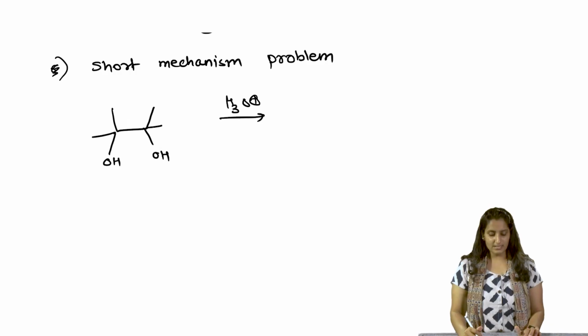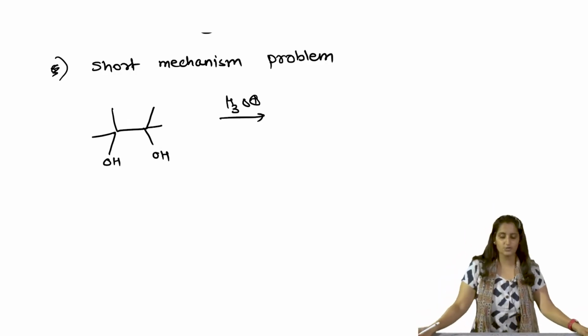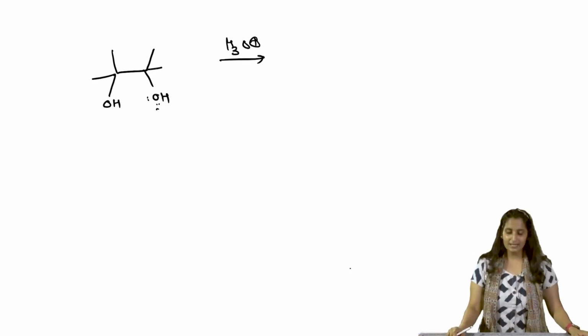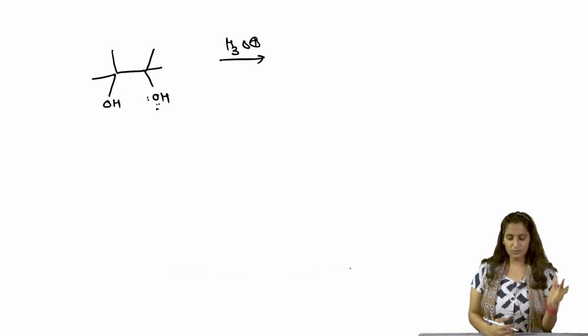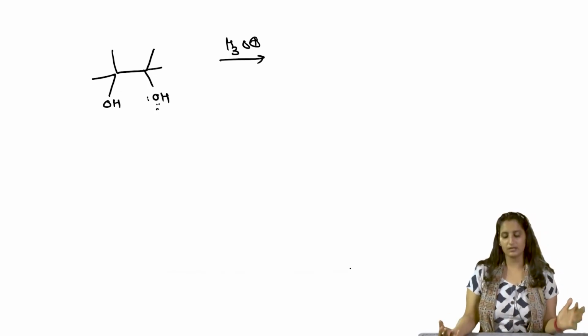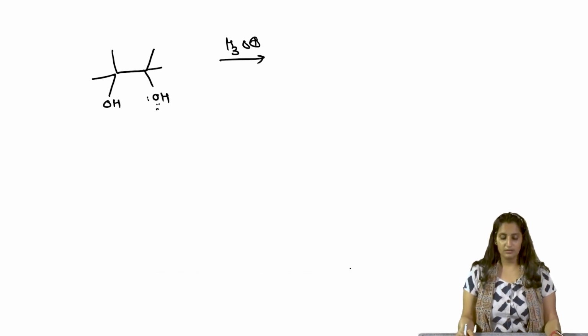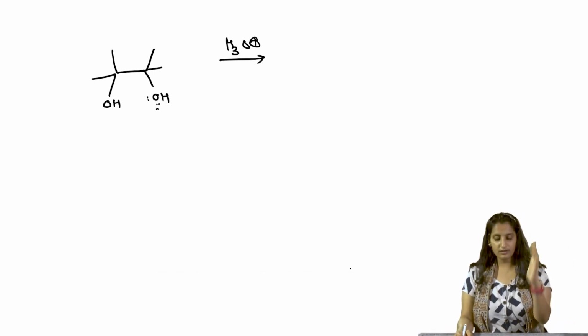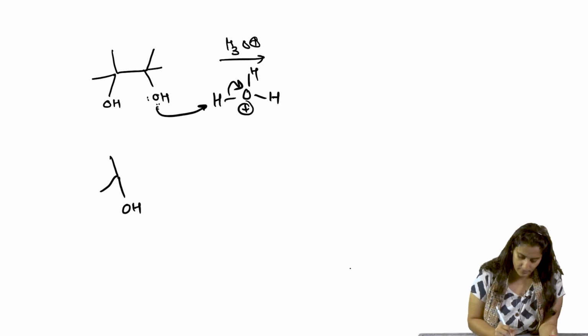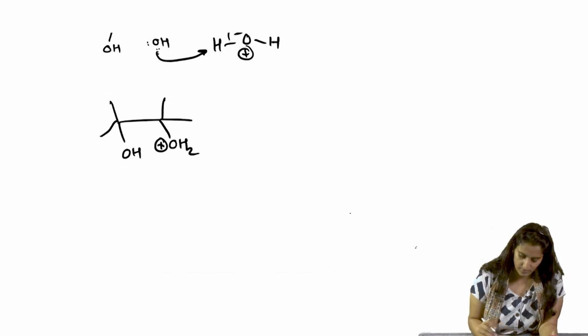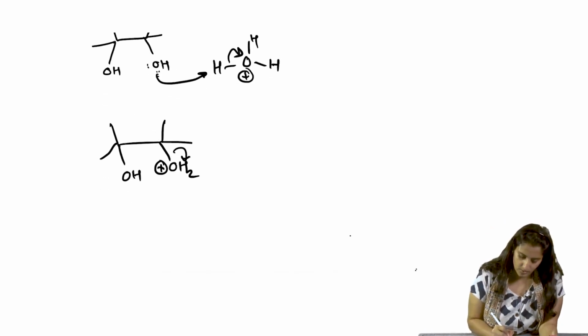Now, we have one last remaining problem for this tutorial, which is a short mechanism problem. For this mechanism problem, we need to think what will be the first step. Now, you have OH groups which are alcoholic, this is a glycol molecule, a diol, and then you have H3O plus present. So, the first step is going to be protonation. Okay. So, in the next step,